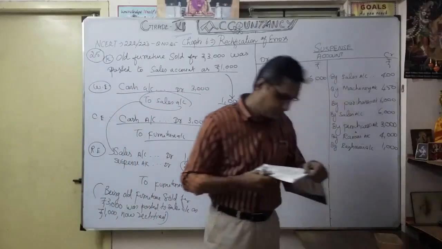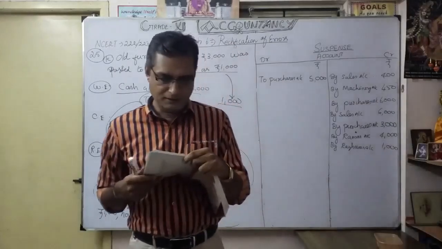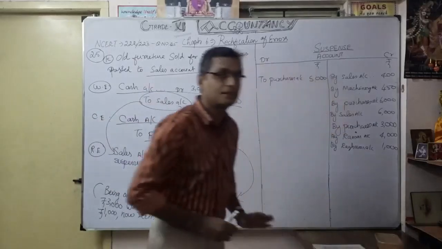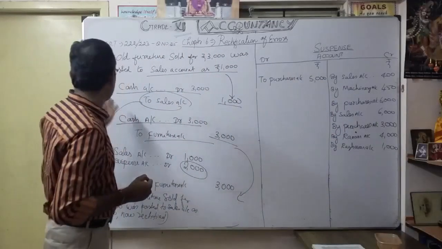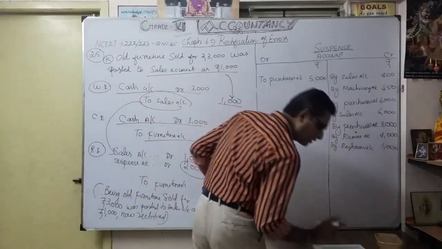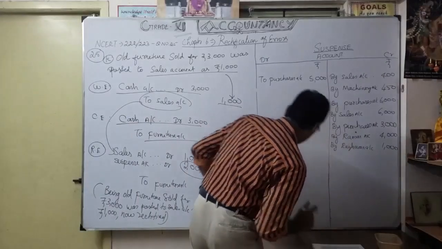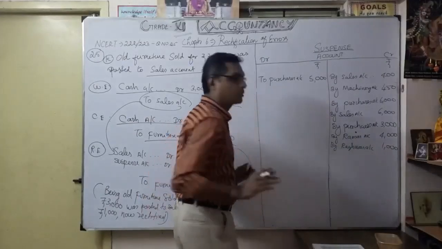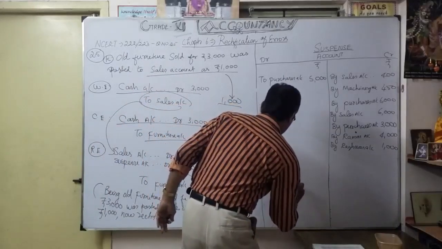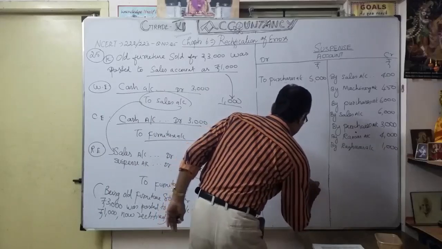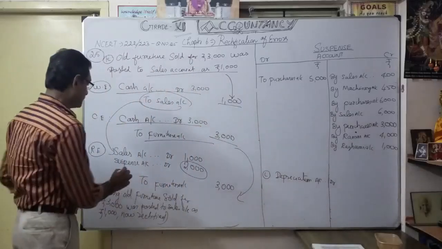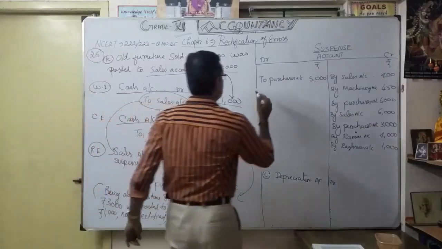See here, next one. Depreciation provided on furniture 800 was not posted. Here they totally forgot. So what type of error? Error of omission. So what is the entry coming for L? I am writing here. So they totally forgot to write. What is the entry? Simple, depreciation account debtor. Sorry, I am writing this suspense account. I forgot to write. To furniture account.